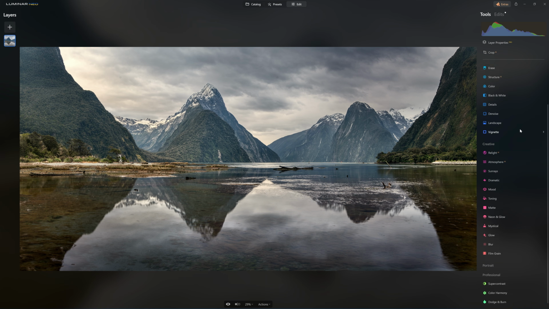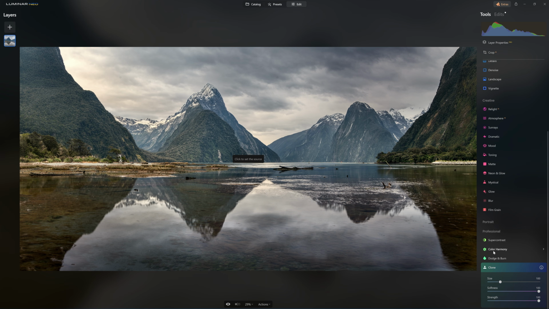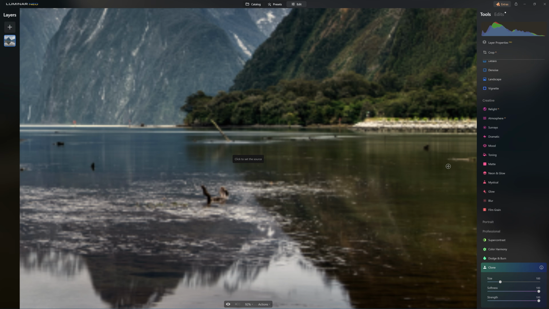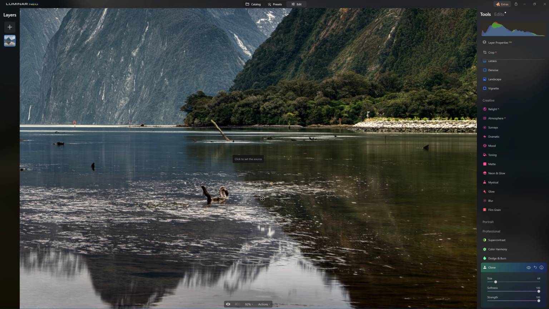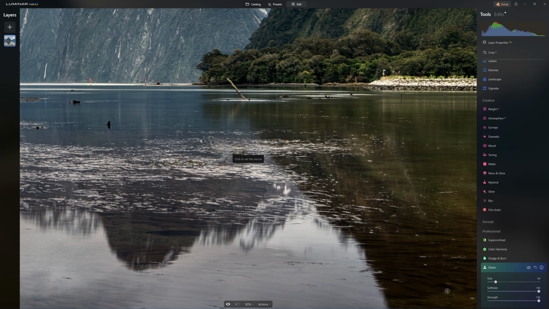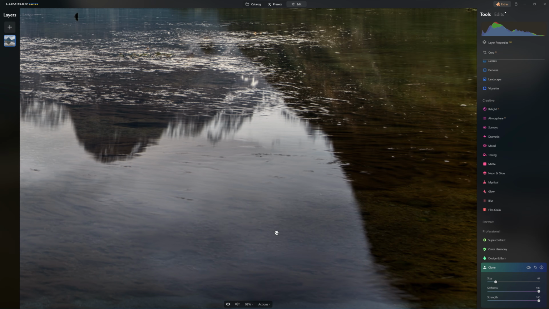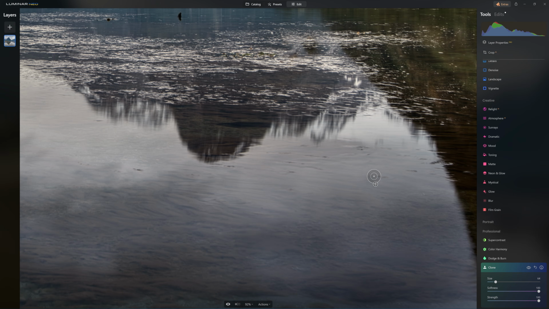So we'll jump back to the tools and scroll down, and all the way at the bottom here, we have the clone tool. It's very easy to use. I like to use it at 100%. We click to where we're going to borrow pixels from, and then we paint over the item we want to remove. It's always good to sample close to the area that you're replacing so that the pattern, color, and brightness